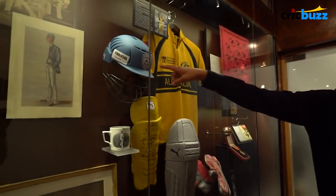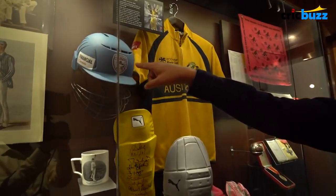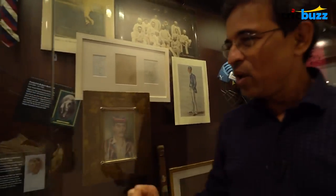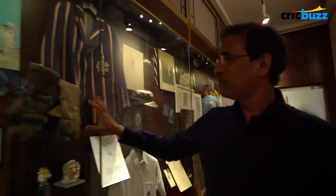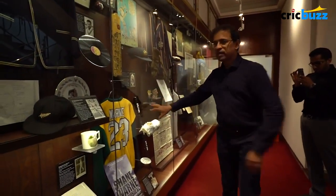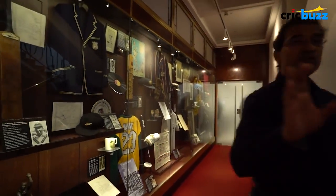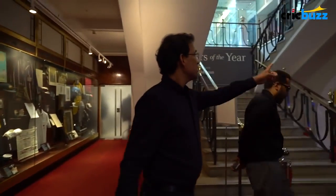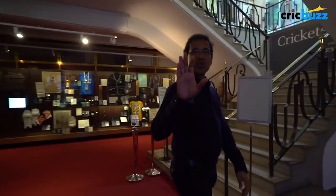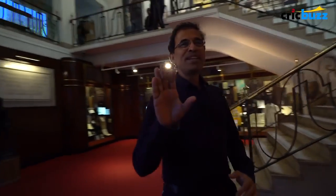Adam Gilchrist, a Deccan Chargers helmet. Hey, IPL in the home at Lord's here. Now, as you go around, there's a wicket-keeping glove. Lots of old wicket-keepers here, but amidst them, someone who kept the wicket-keepers busy, Shane Warne. But I'm interested in going across to the other side because no visit to the Lord's Museum is complete without